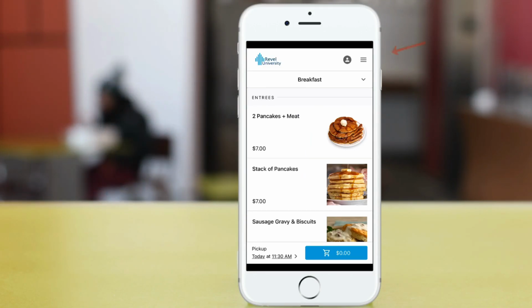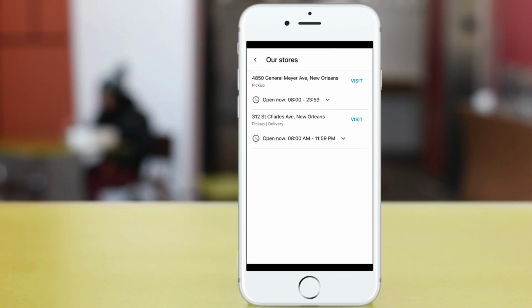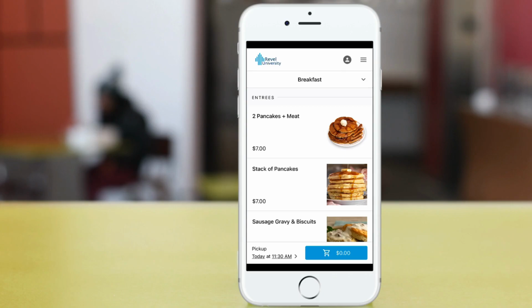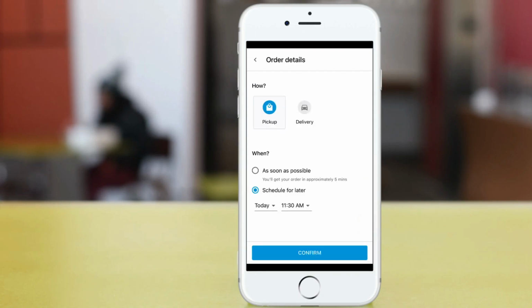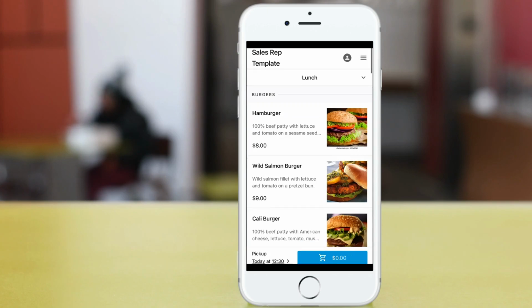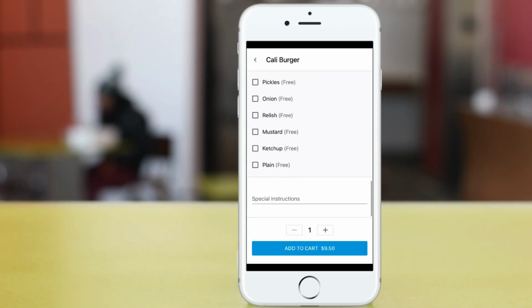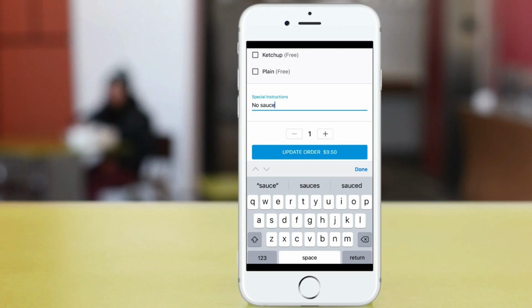The store picker can detect a customer's location, or the customer can enter an address to find the nearest store. Available stores are determined by distance and dining option. Online Ordering XT makes browsing your menu easy. Scheduling delivery is intuitive, streamlined, and easy. Your customers can quickly personalize their orders with any options you choose to offer, and even add special instructions.